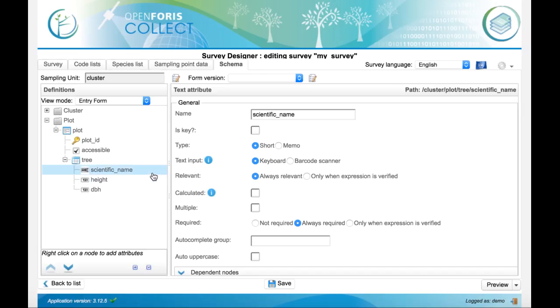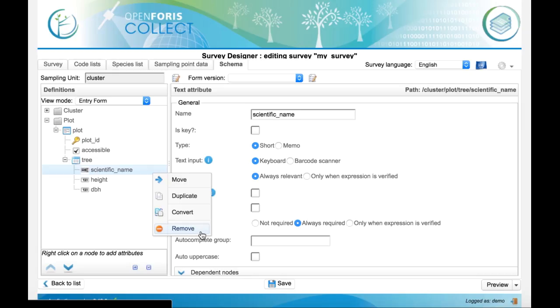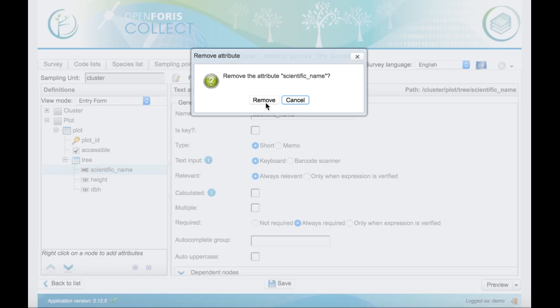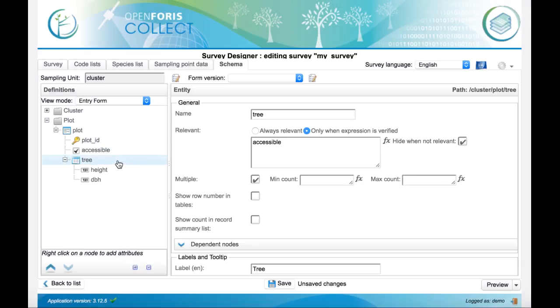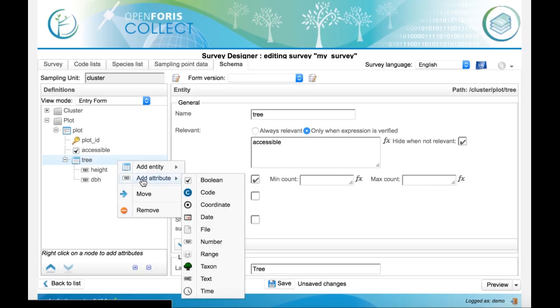Now we can delete the scientific name attribute. Right click on it, select remove, confirm the remove, then click on the tree entity, right click on it, select add attribute, and then select taxon as attribute type.